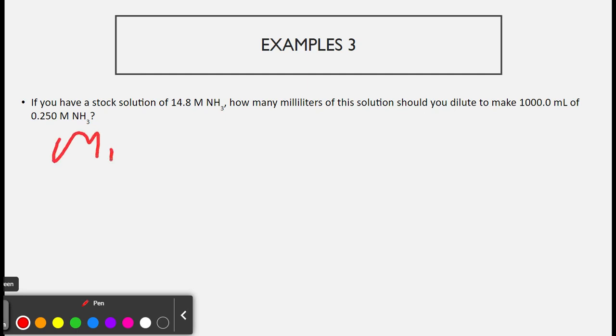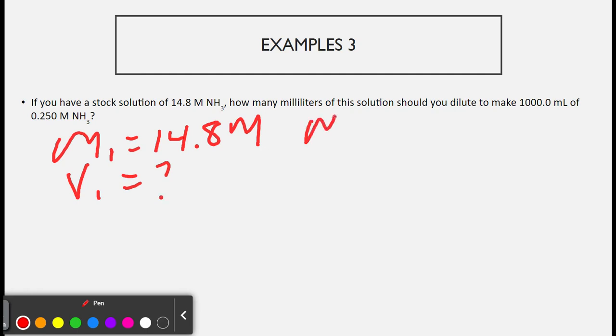So I'm going to say my M1 is my 14.8 molar. I'm going to look for V1. Again, it doesn't matter which one I'm identifying as M1 and M2 as long as they're paired with the right volume. So I have 0.250 molar concentration is what I'm looking for of a volume of